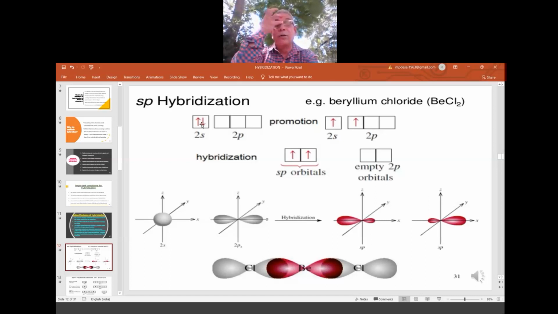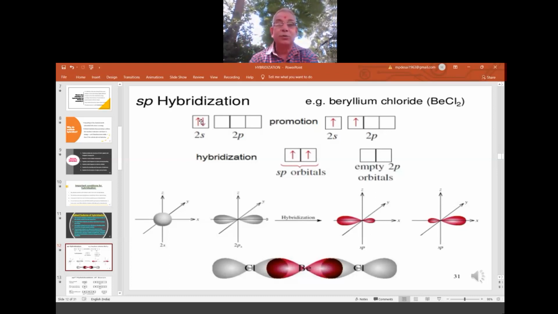So valence electrons are busy in the bonding or the hybridization. Therefore, I have taken only the valence electrons, that is 2s2. So using the box diagram, I have written like this. So this is 2s orbital using the box. This way of writing electronic configuration is called box diagram.